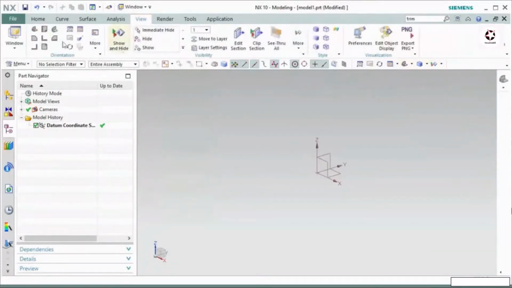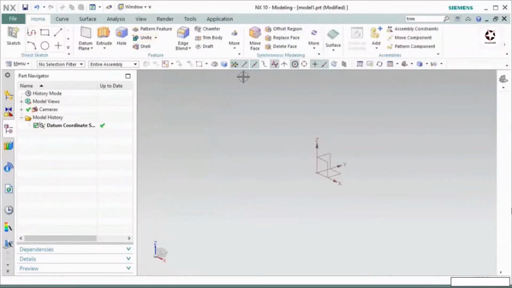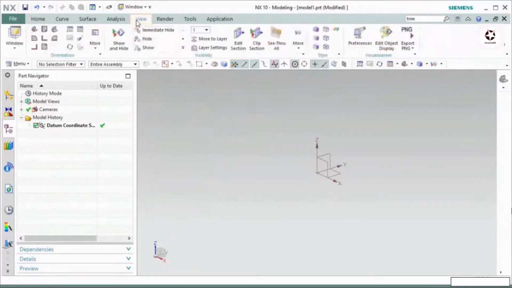But let's say you want to see your part from the front. If you are inside this view tab, then you have to go to view and select this front. But it is better if you go to this drop down menu, then you can select your front from here. This is quicker. This bar is also highly customizable. When I work inside the part or assembly from time to time, I will show you how you can work with this top border bar.